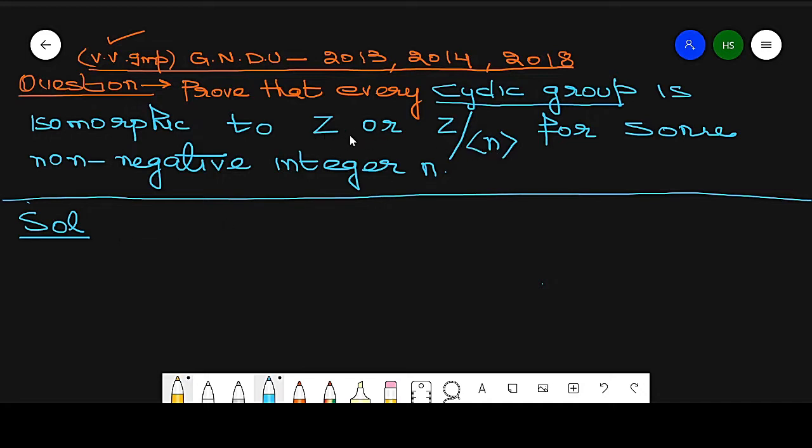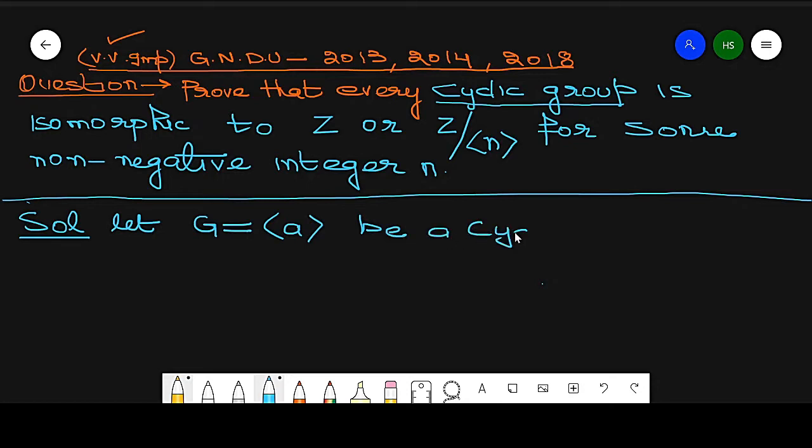So these are two parts. One is when it is of order n, and second is when it is of infinite order. So we will discuss it as two parts. First I will take G as an infinite cyclic group. So first part, let G be generated by some a,